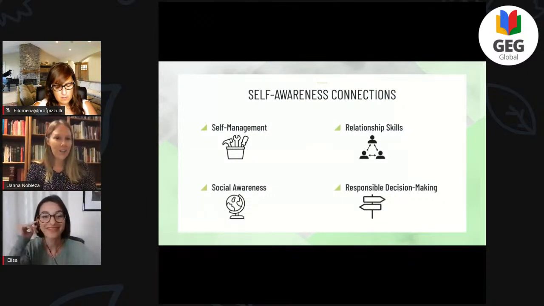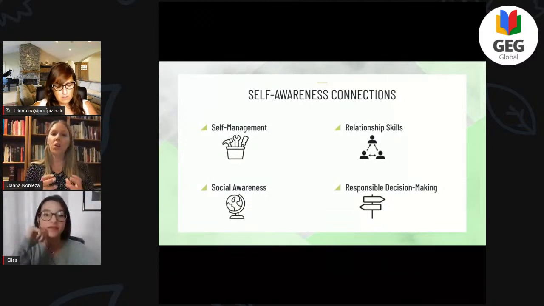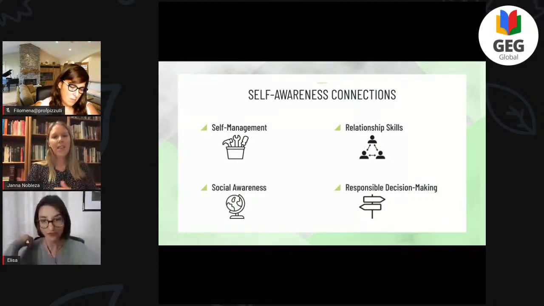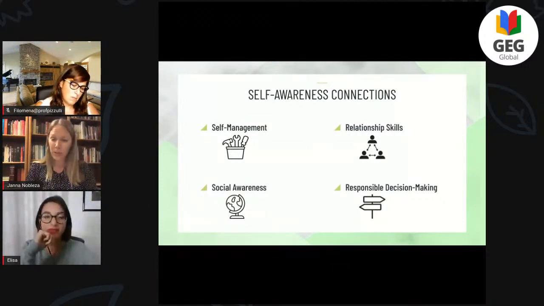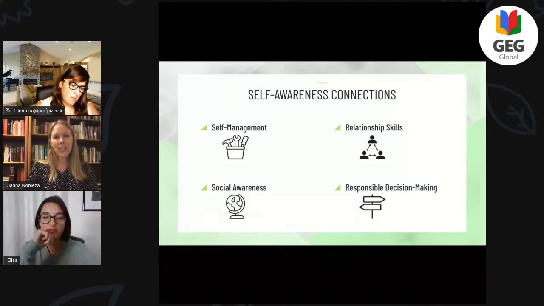Social awareness also connects to self-awareness very closely, because again, if we feel confident in who we are, and our students feel confident in who they are and what they believe, and they're feeling optimistic and confident, then when we encounter a situation with diverse perspectives and opinions that maybe are different from their own, the student doesn't have to feel like that's an assault on who they are, but instead they can be more open-minded. They can listen to the other opinions and be respectful of those.